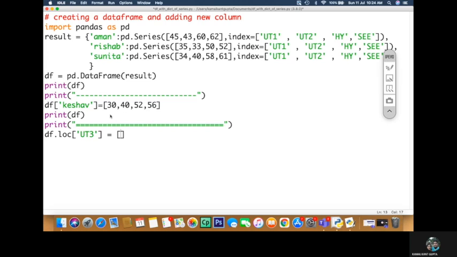For all the students, every value has to be passed. We have 4 students, so 4 data values need to be passed. We have 4 columns, so for each of them we have to supply the values.